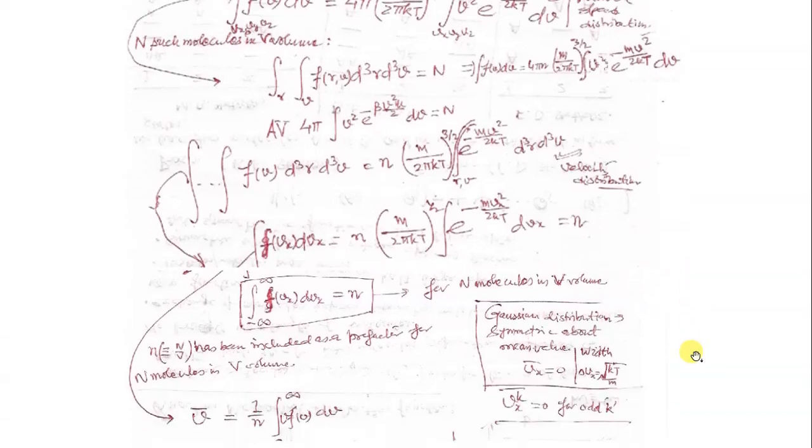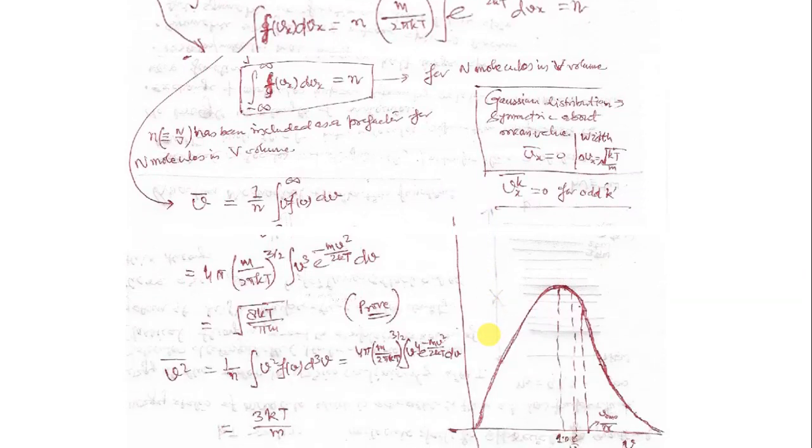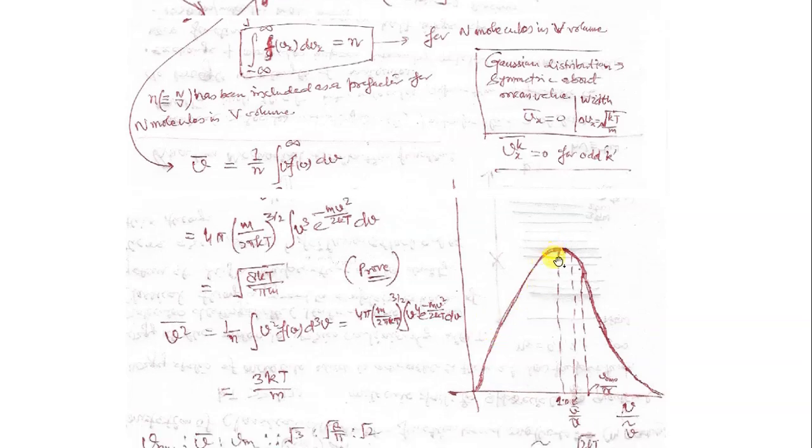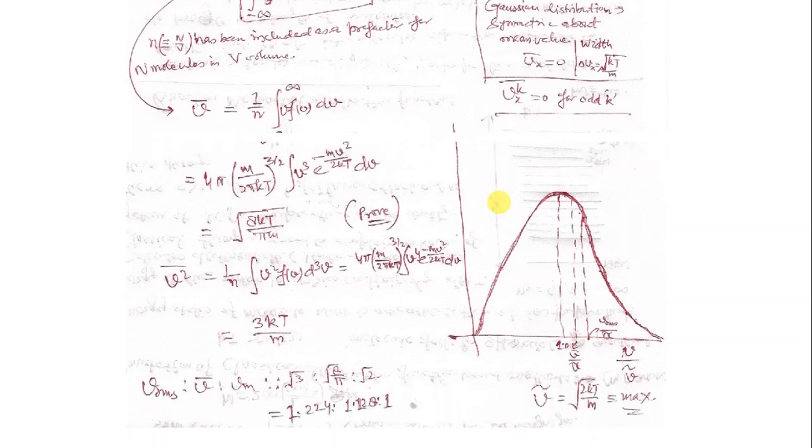So from there we can determine the component of velocity. We can determine v_x, v_y and also v_z. For a Gaussian distribution function, if v_x to the power k is there, take the average of it, it will be 0, because you are summing possible positive as well as negative values. So this function is basically symmetric about this value. So you are adding positive values as well as negative values, so it will be 0 for odd values of k.